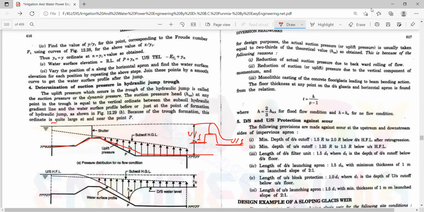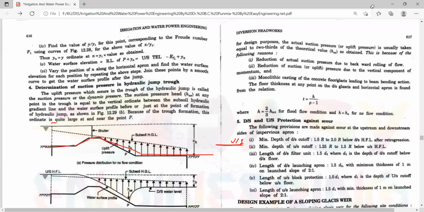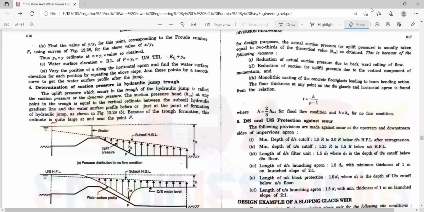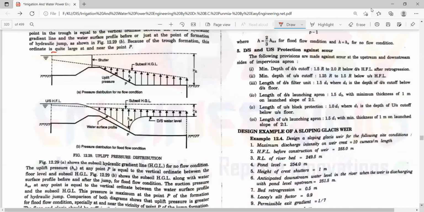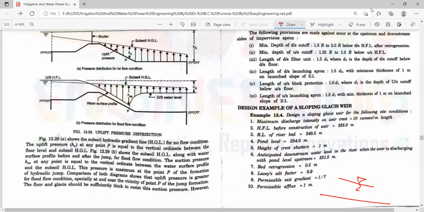So this is some introduction about the weirs. Now we will move to the design of the glacis type weir. What we need to do is first decide the levels. We first need the inputs, which come from the river data we observe. From observations over the past 100 years, we get the maximum flood levels in the river and the bed level of the river.